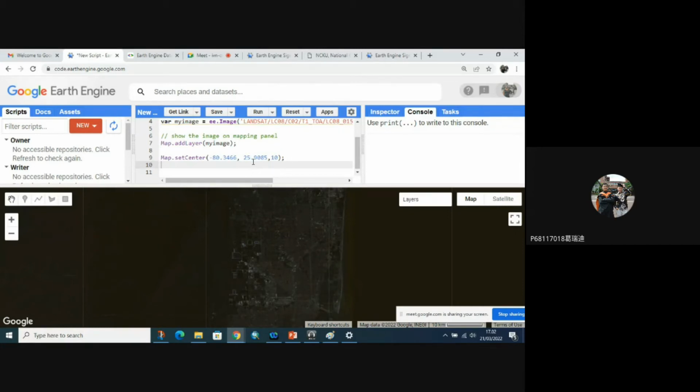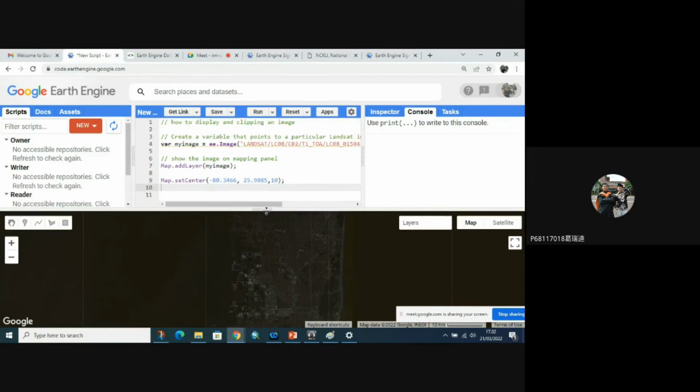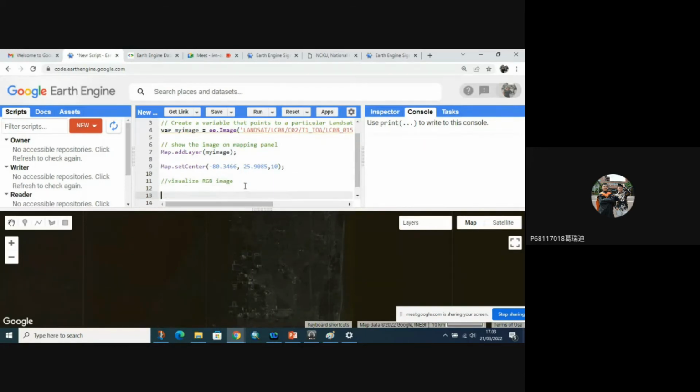After we display an image, we want to visualize the image in RGB color. So set the parameter: min equals the minimum value of your image.